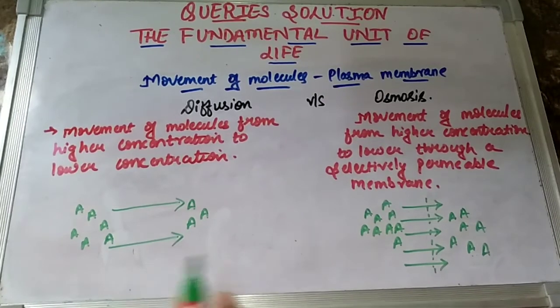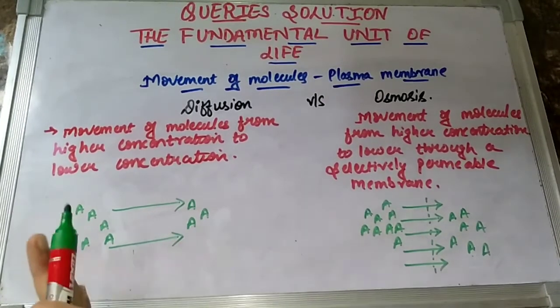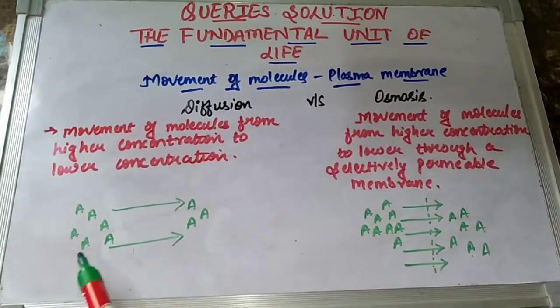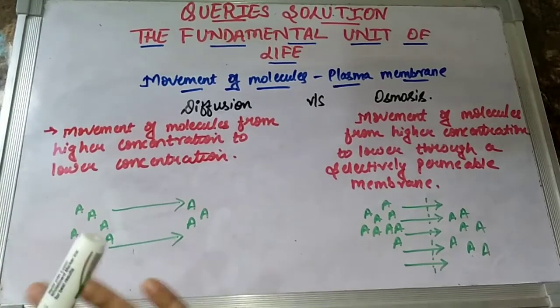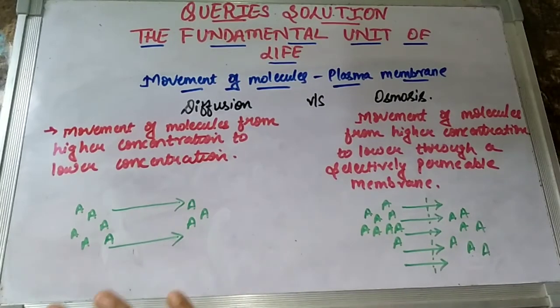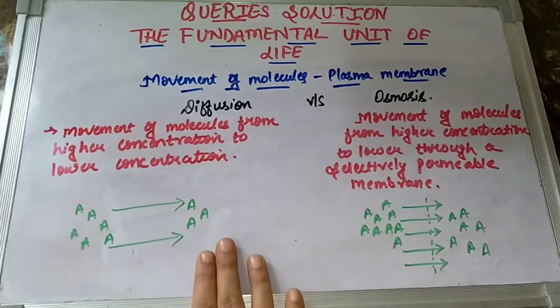Diffusion can occur in all the states of matter. It will occur till equilibrium is achieved, till the balancing between the molecules occurs on both the sides. At that time the diffusion process basically stops, and that's one of the reasons that when the fragrance has spread in both the rooms, after that time the fragrance basically becomes stationary. We are no more able to notice the change because the molecules are in equilibrium on both the sides.